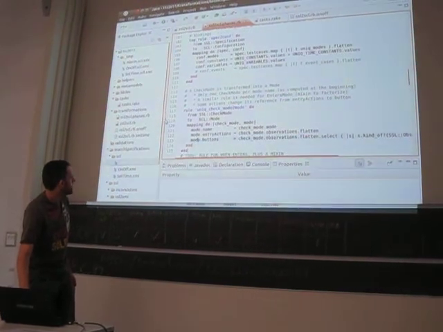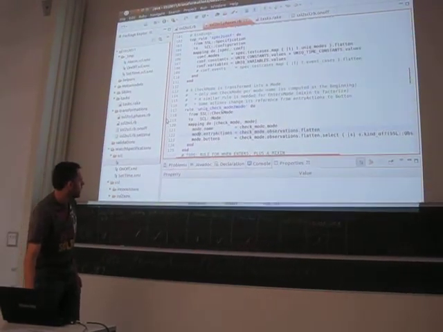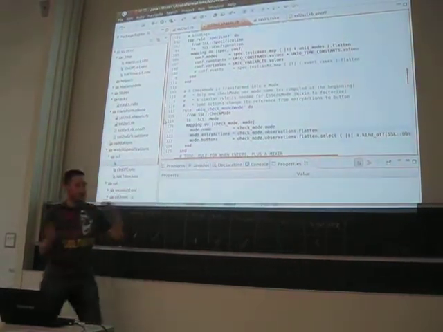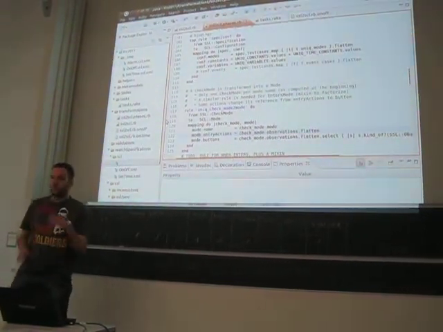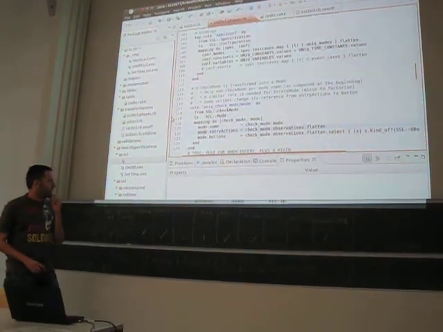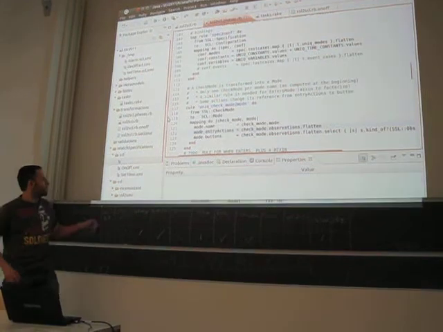Here these helper observations get the observations according to the mode, traversing the model and so on. And this is an awful thing, not proud of it.